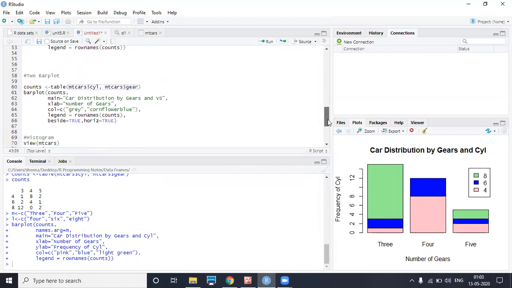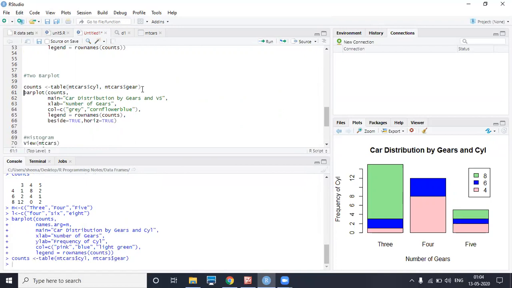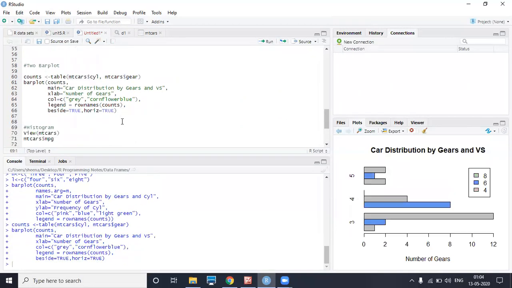So next we will see two bar charts. Same thing, but I don't want the stacked way; I want it in consecutive bars of the bar plot. We will use the same command, x-axis, y-axis, everything. The only difference is beside equals true. If you say beside equals true, it will not generate the bars in a stacked fashion. It will generate them in rows, in next columns.